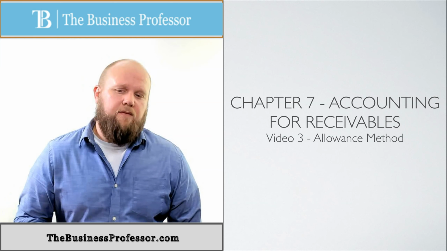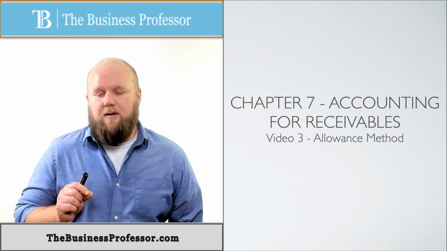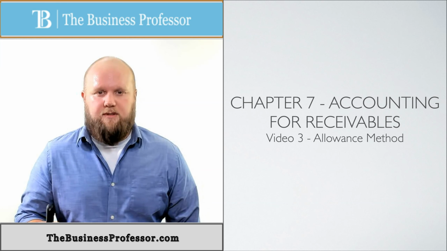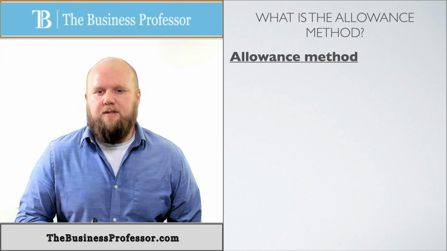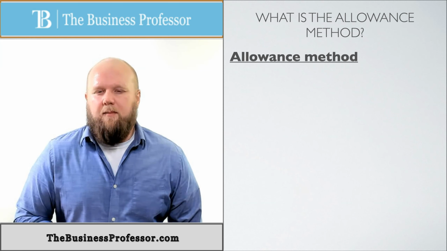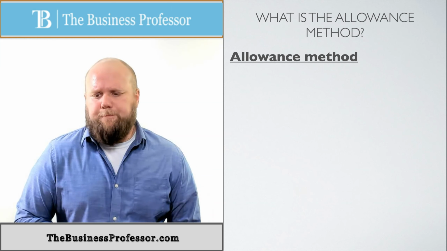All right, here we go with the heavy stuff when it comes to Chapter 7. We're going to be talking about the allowance method, and that's the method that we use when we're dealing with receivables. So let's talk about this, and we'll get some more stuff as we go in the videos, but I really want to make sure you understand this allowance method because it's actually going to kind of throw a curveball at you. We're going to introduce a new type of account.